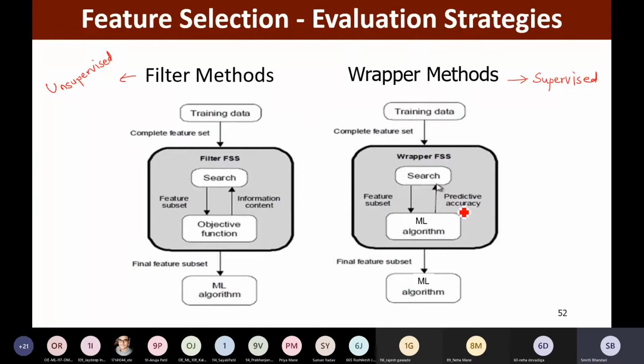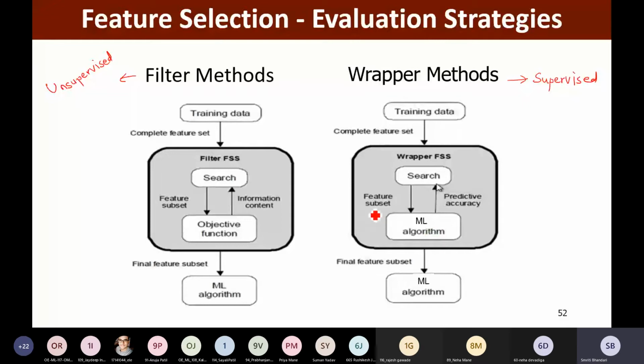Based on this accuracy, once again the search algorithm tries to come up with another subset, and this process continues till we get some optimal set of features, which is the subset of the original set of features. So here in wrapper methods, we are implementing the ML algorithm itself in the process, so that we can come up with the good or optimal subset of the features.